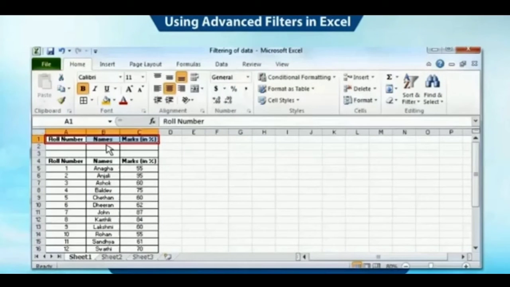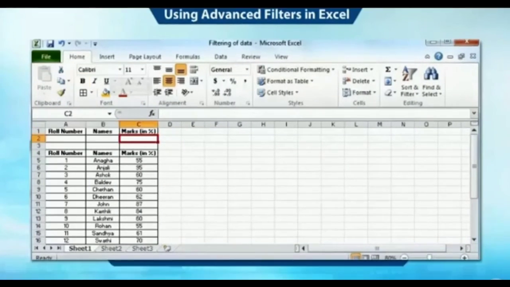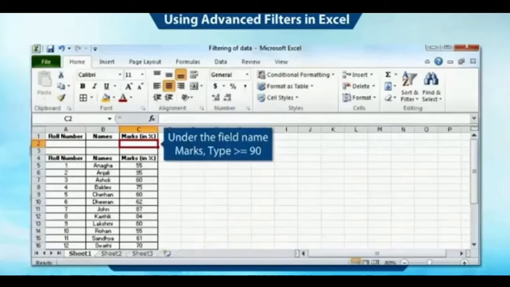Now you need to type the criteria. In this example, we want the students who scored more than 90 marks in the class. Hence, under the marks column, type greater than or equal to 90.